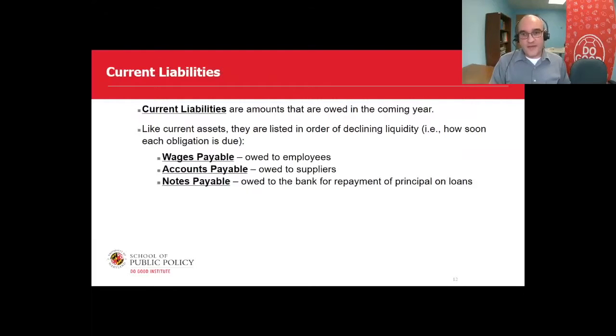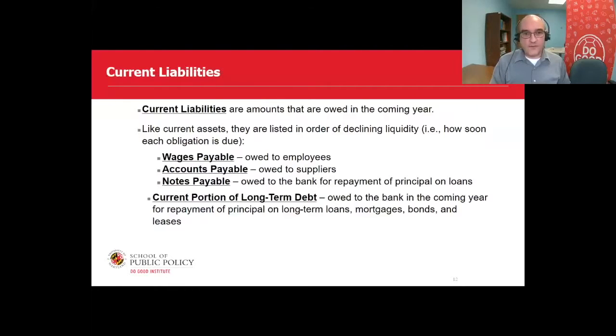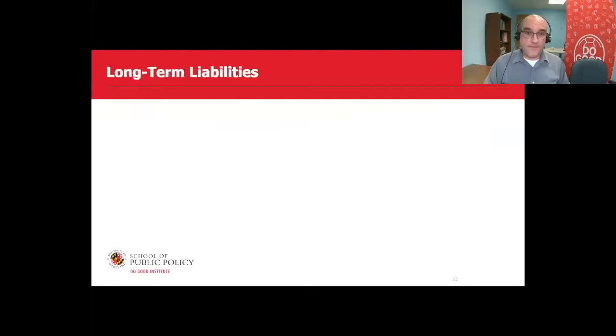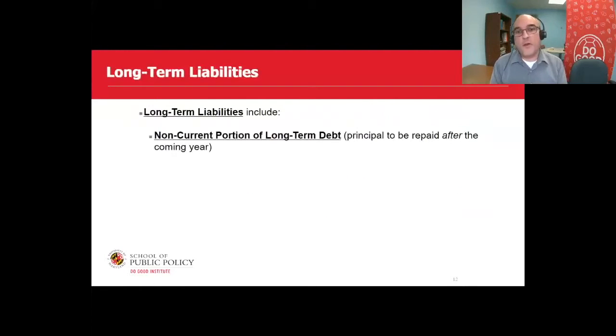Third, they need to pay the bank for principal on loans that they've taken out, so notes payable is always third. And then last, the long-term debt needs to be entered under current liabilities, but only the amount that the organization is obligated to pay in the upcoming year, and only the principal too, not the interest. Long-term liabilities include everything else related to the long-term debt that's not going to be paid in the upcoming year, the non-current portion,